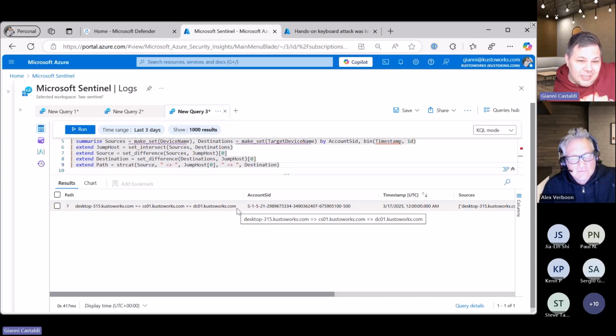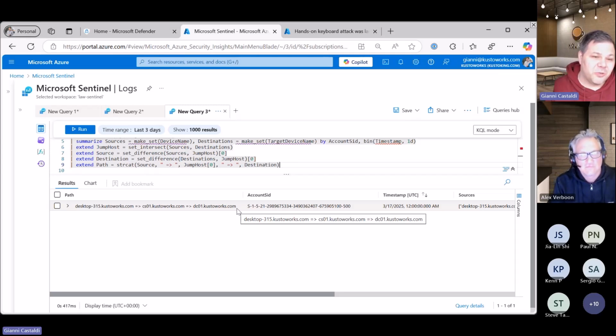Now that's the KQL learning for this month. Basically, set intersect and set difference are nice to compare values. I tried it once on JSONs. That didn't work out. So you have the JSON, then you first have to cut it up into smaller arrays, and then you can do set intersect.